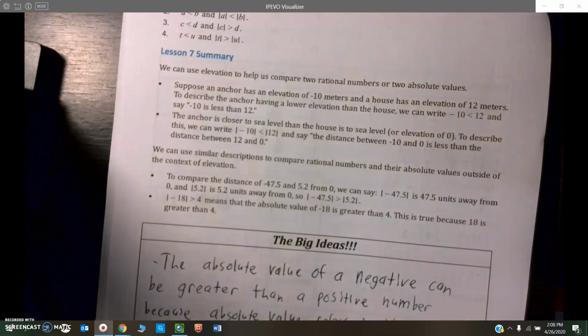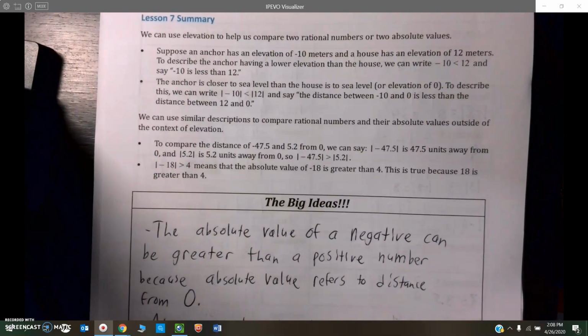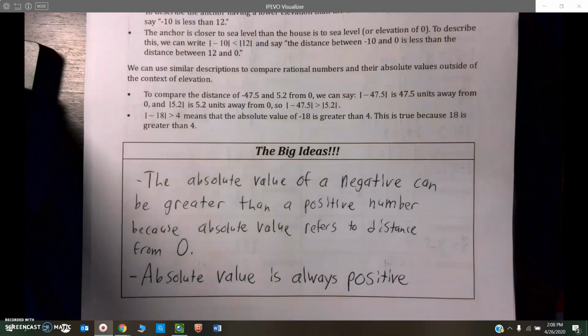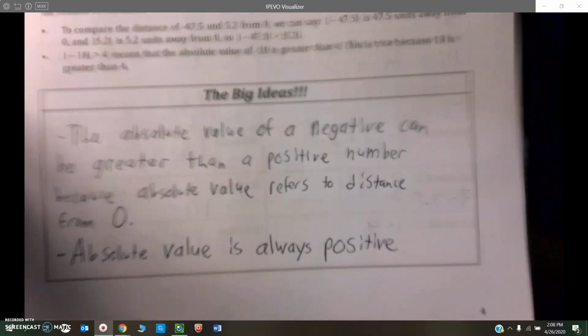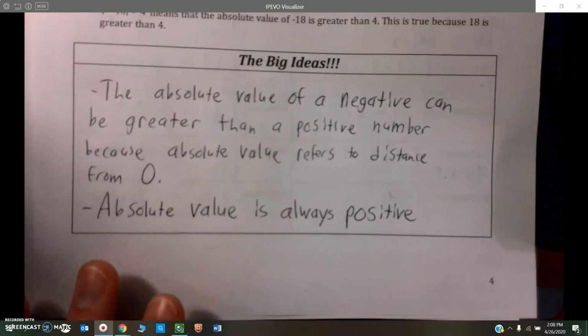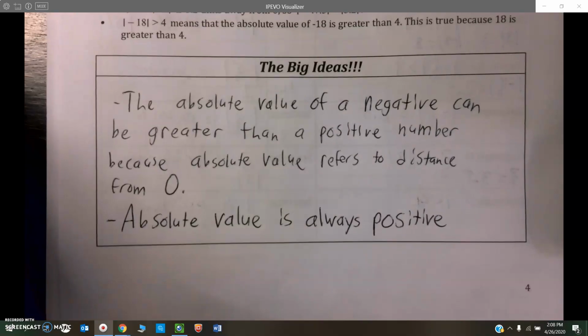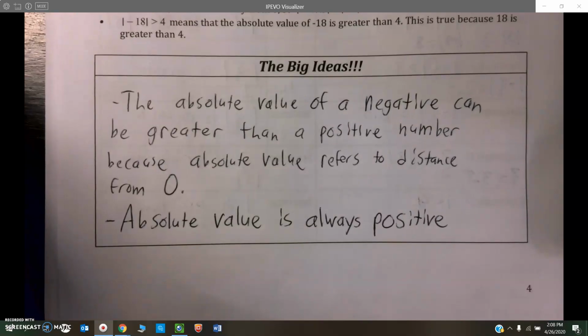And so here is your lesson summary. Make sure to go through and read that closely, and then also copy down your big ideas. The big ideas today are super important. Number 1, the absolute value of a negative can be greater than a positive number because absolute value refers to distance from 0. For example,